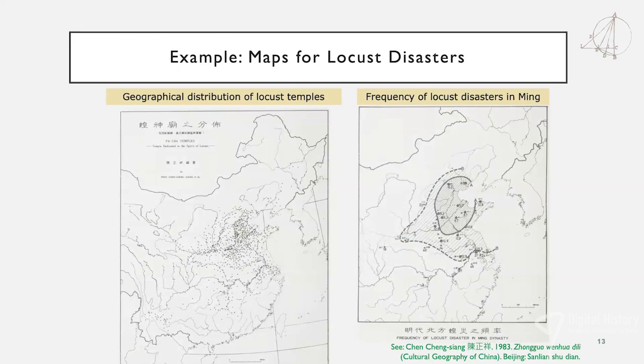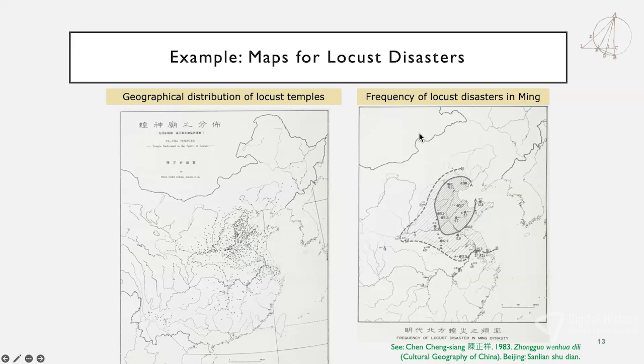So he had the idea to flip through over 3,000 physical local gazetteers to obtain such a data set. And then these are the two maps that he created. We can see that there is some concentration of locust temples, one around the Yellow River, and the other around the Yangtze River. And he also gets some data set from certain Ming Dynasty prefectural gazetteers